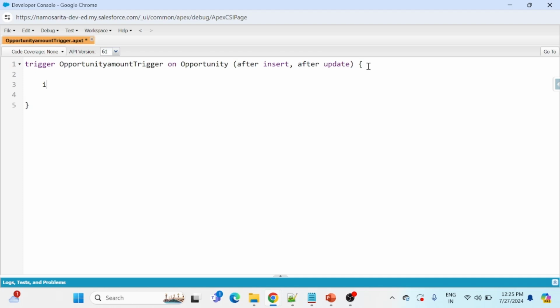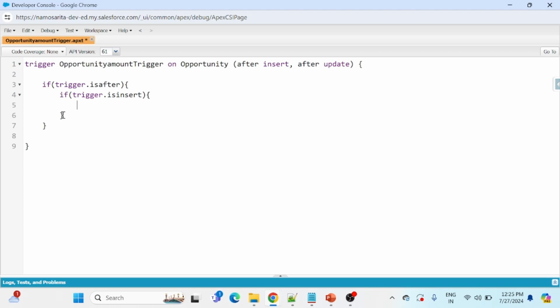Now we will start by first checking if trigger.isAfter and then if trigger.isInsert. This is basically to keep your code separated for each event, so that tomorrow if you have to make some manipulations, you can easily see under which particular code block you need to make the